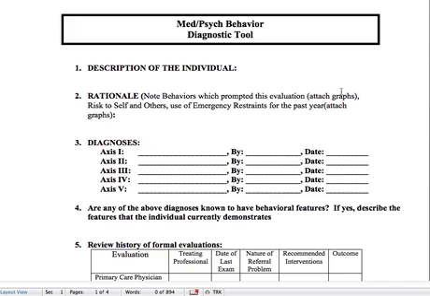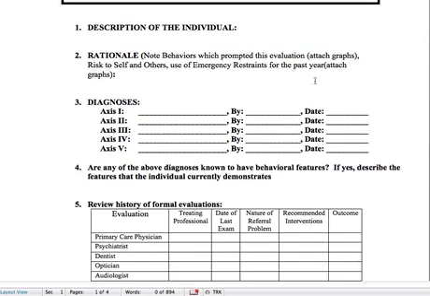It particularly applies to this week where we're talking about medical and physical assessment, the gathering of that sort of information that could help us determine the function of a particular problem behavior, helping us figure out whether it's medically elicited or evoked, or if it's more operant in nature. But anyway, we have here, let's see, description of the individual, the rationale, which in this form means defining the target problem behaviors,